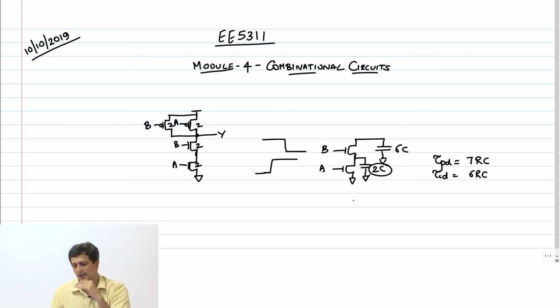Okay. So when I say A is switching early, it means that A has switched to logic high, already discharged the capacitor, and is now waiting for the input B to switch. When that input comes, you want the delay to actually be minimum. So if I connected this to B and this to A, then what would happen?